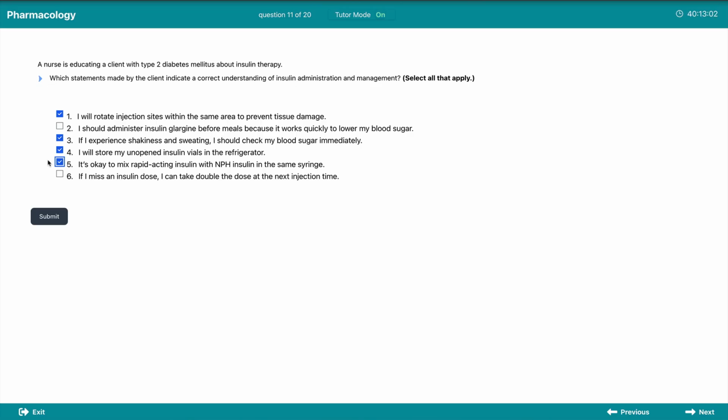Statement 6 says if I miss an insulin dose, I can take double the dose at the next injection time. This is incorrect. This is unsafe and should trigger red flags. Never choose an answer that suggests doubling a dose, especially for a high-alert med like insulin. NCLEX often tests safety by offering options that sound logical but break protocol, so for anything that increases risk,